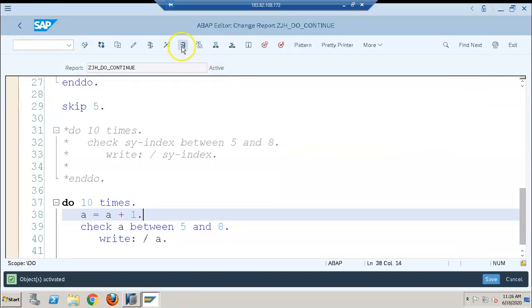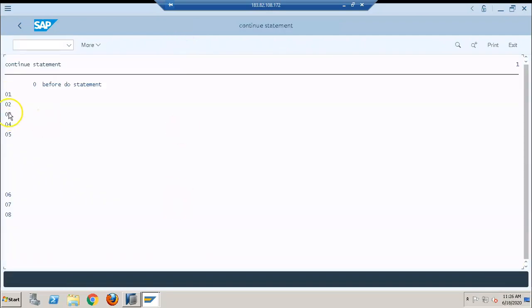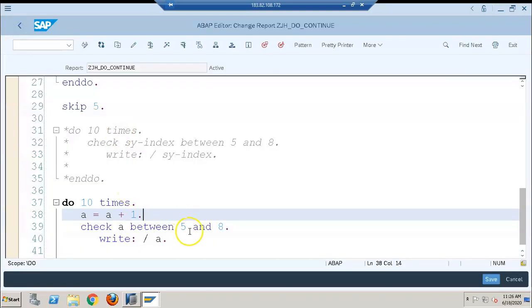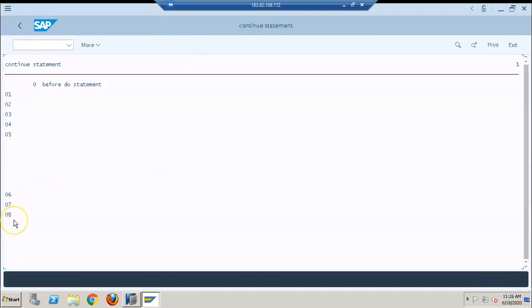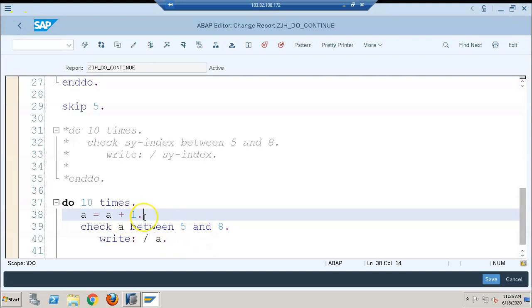The sy-index will be taken care of by the system. Here we'll get 1 2 3 4, but here we'll get 6 7 8 because we have written between 5 and 8 but incremented by 1 before the write, so it's checking between 5 and 8 after incrementing.